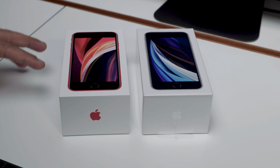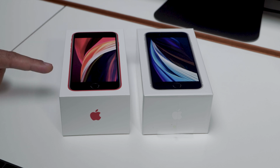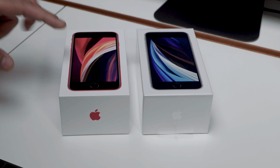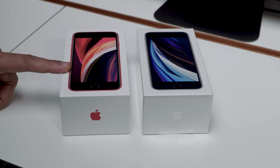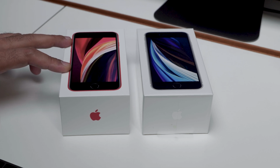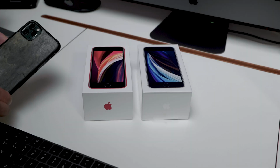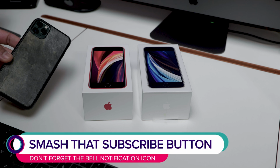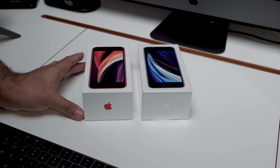Today I'm going to be unboxing and taking a first look at the brand new iPhone SE 2020 edition, and I've got two of them. I bought them, they're not review units, and I will be using one of them as my daily driver for at least a month. Now I do have an iPhone 11 Pro Max, which is one of my daily phones that I use all the time, but I want to see, can I live with a phone that's this one's